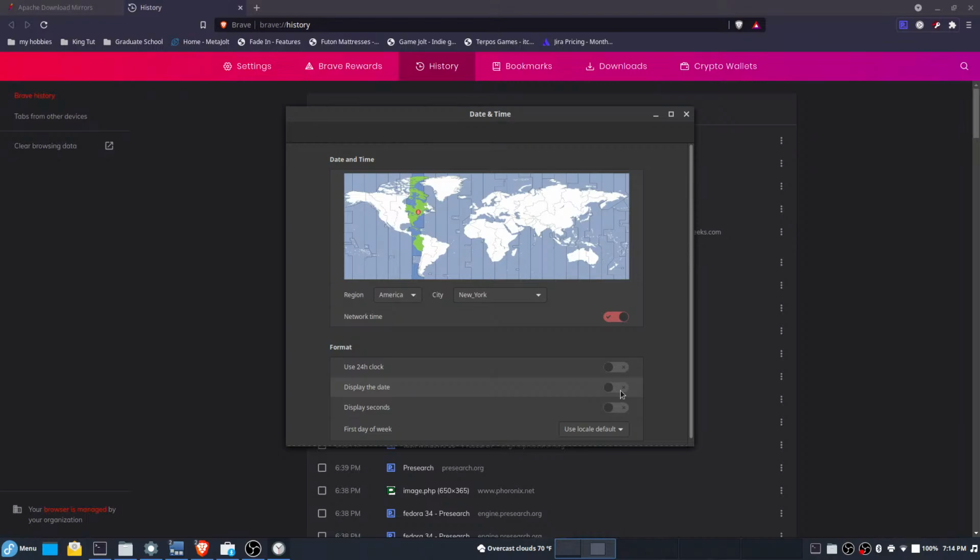Loading application details. Preparing. No, cannot. Let's do it in terminal.